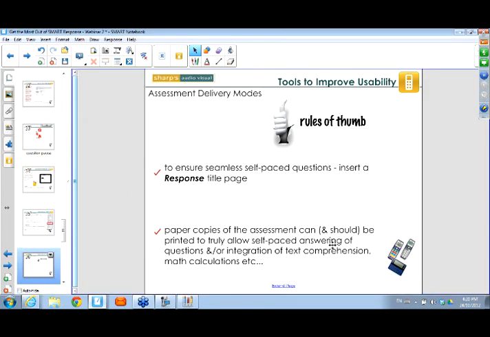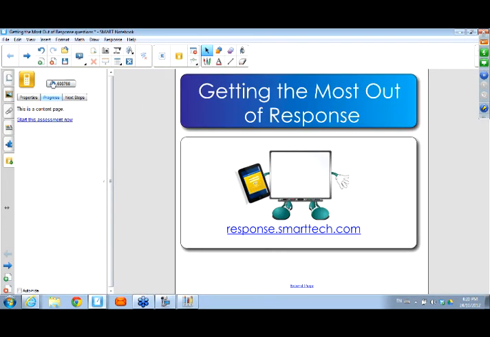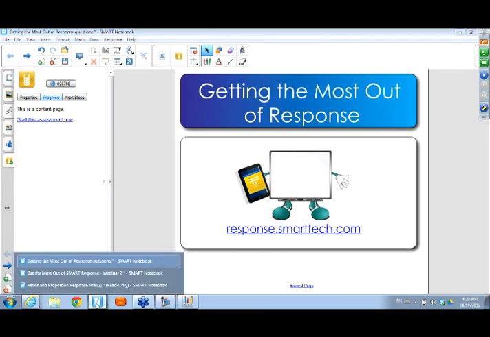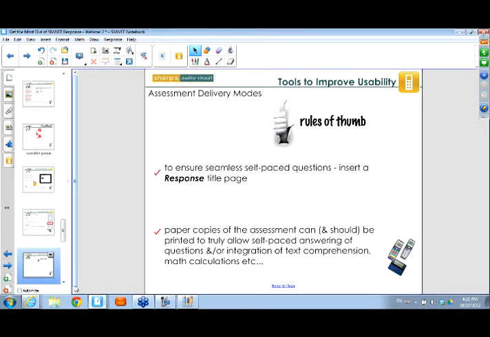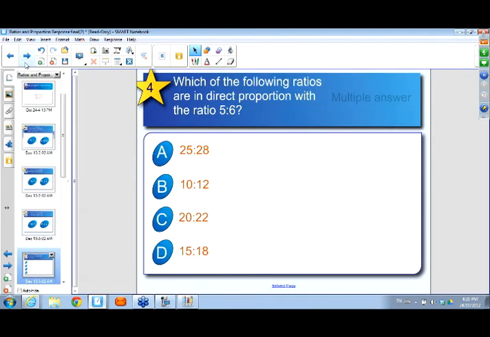And so that's where printing the assessment so it looks exactly like the screen helps out a lot. Then if a student has a question and you want to be able to show it to them on a large screen format, you can then navigate. Let me find my question. Here we go. You can navigate to the correct one,